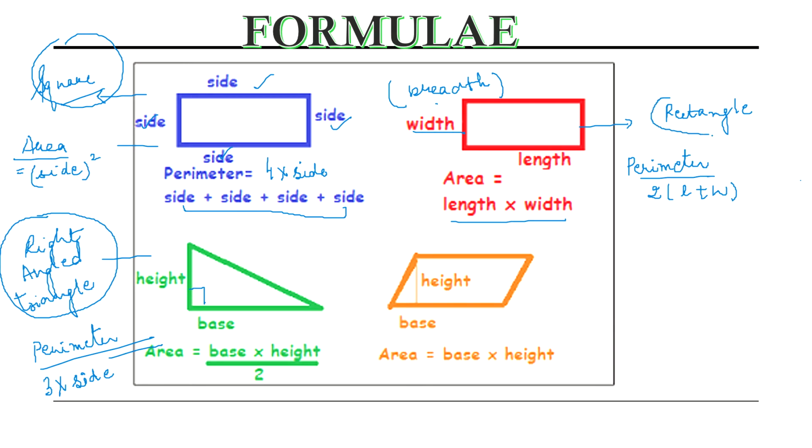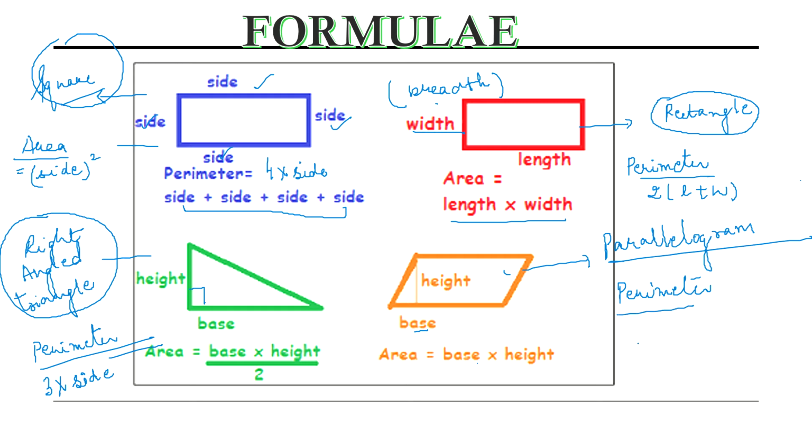in the next step. So this is a parallelogram. This will help you in your senior classes. So you can just make a note of a parallelogram. The length of the parallelogram is the base and the height is given to you. So area is base into height. Also, if you have to find the perimeter, it has 4 sides, so the formula remains the same: sum of all these sides. When we don't know the formula for certain shapes, we write the perimeter as the sum of all these sides.